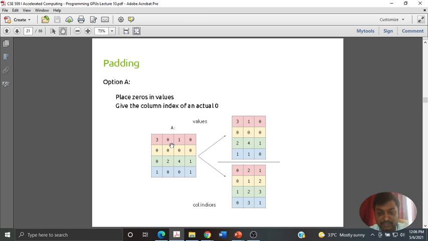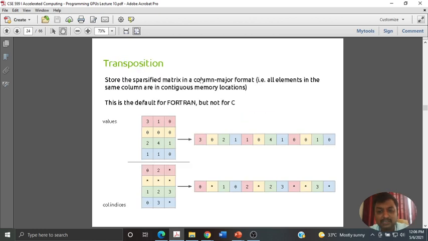now you remap this into the column major index. So you are mapping or storing them as column major. So he's having an option A and option B. So how do you represent that? Either by 0 or wild character or -1. So whenever you are mapping them, you are having column indices, and row is automatically taken care.